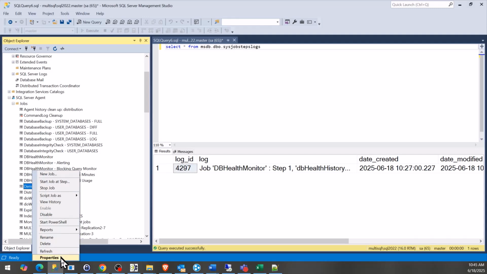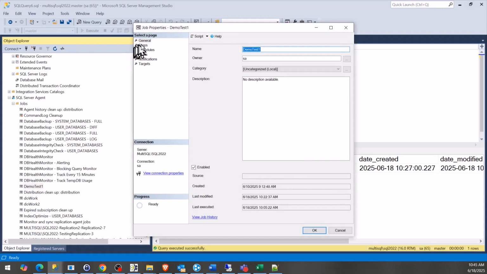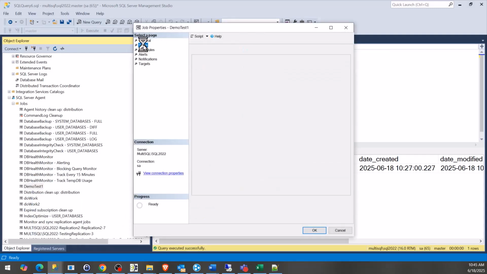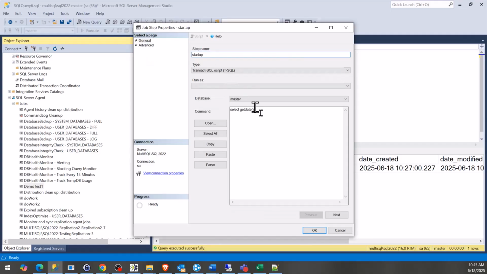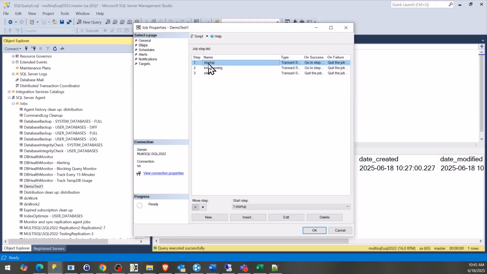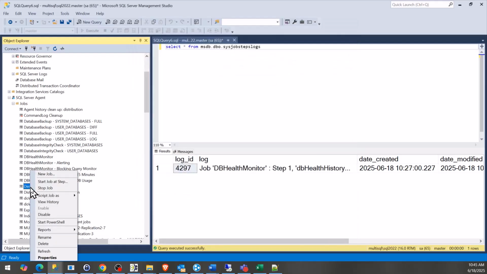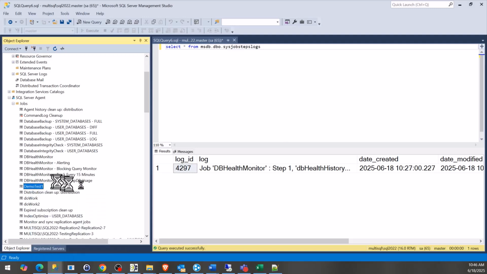I'm going to go look at the properties on it. In here, this is just demo test one, and there are 3 steps. What we have is a startup step. In that startup step, we'll double click and edit it to take a look. All I'm doing is a simple select getdate. Basically, I'm doing something fast that isn't going to take any time. All I'm expecting is that by running it, it's going to put a job entry into the job history. So when I right click here and say start job at step,